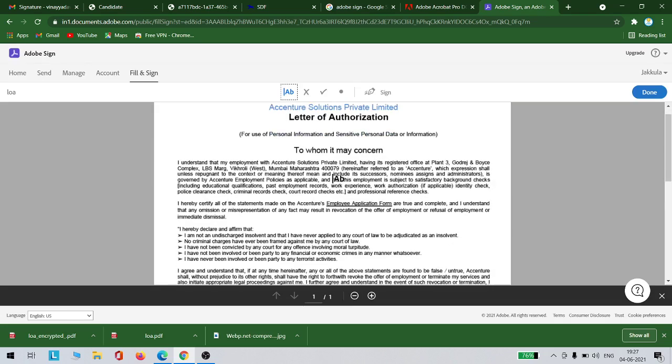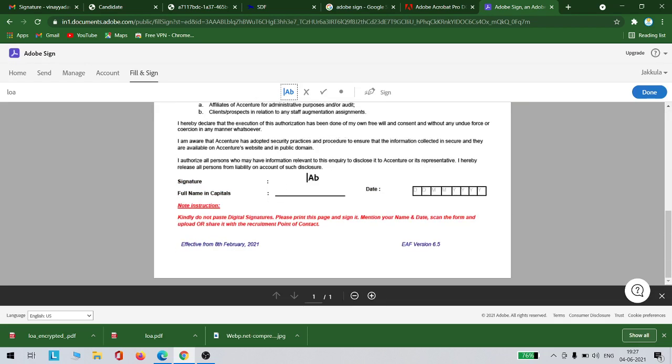That's simple. Once you click next, that document will be loaded here completely. You can see this, right? So now you have to sign here, write your name, and fill in your date. For this you click the sign button and upload your signature. You'll get an upload a picture option. You can click that, and I have already uploaded it, so it is showing here. You can click that and drag and drop it here like this. You can move it with your cursor itself.